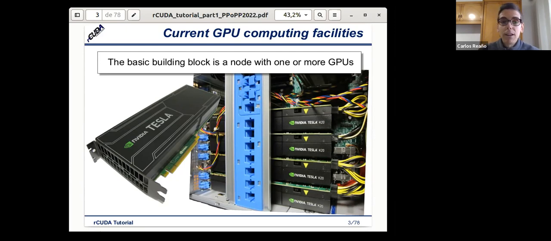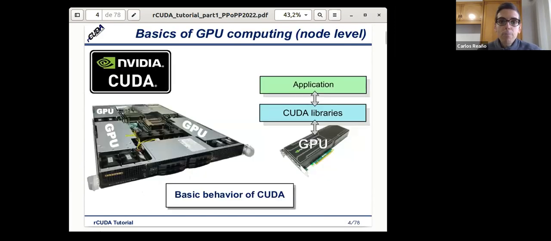We will typically have one or several of these nodes in one cluster in order to make a computing facility accelerated by GPUs.